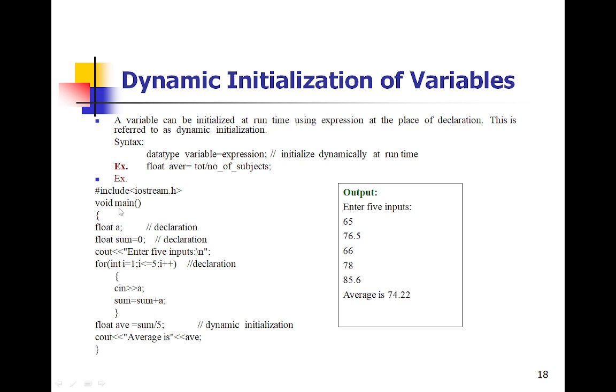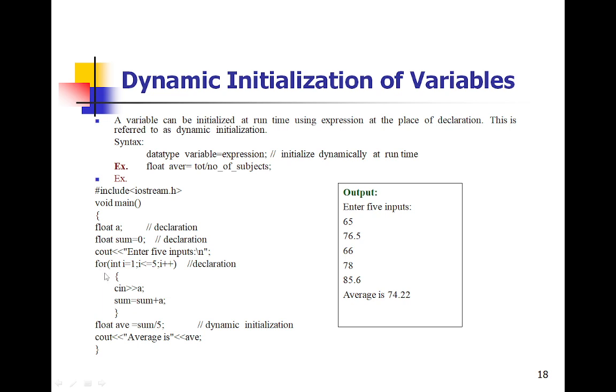So here there is a main function. Within that we have declared some variables, float a and float sum is equal to 0. This is a declaration of variable a. While explaining the program, most students have not taken enough care with technical explanations. Here a is the variable declaration part. Here sum is equal to 0 means we have declared the variable sum as well as initialized its value as 0. So both the variable declaration and initialization are done. Okay.